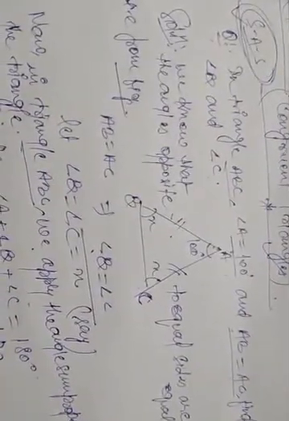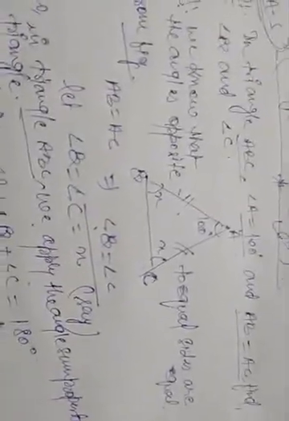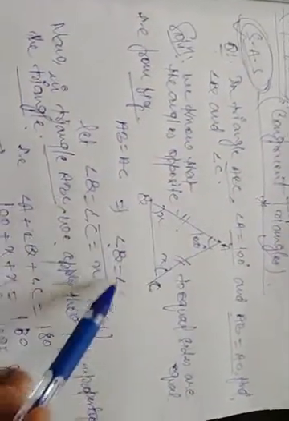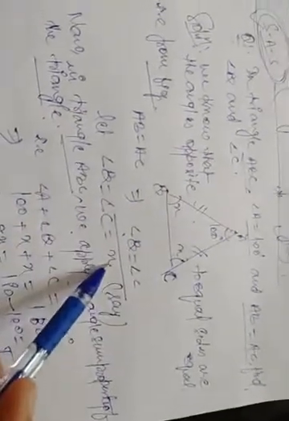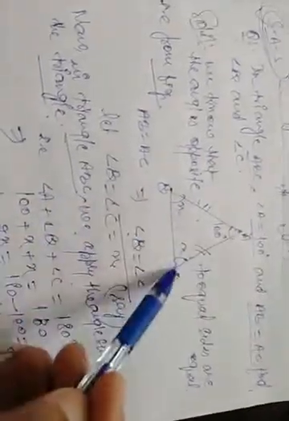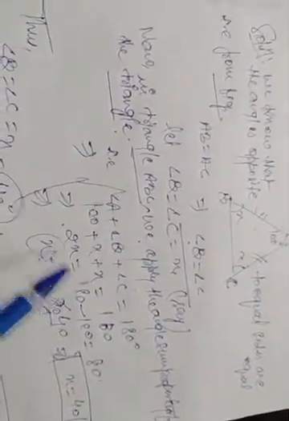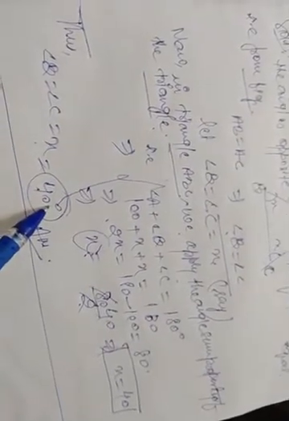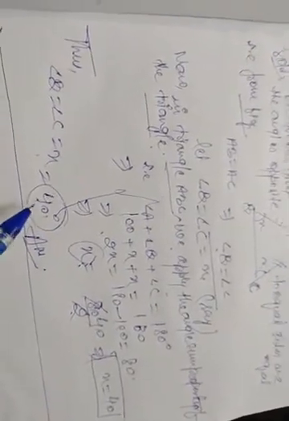In the given figure, triangle ABC is given in which side AB is equal to side AC, and we find angle B and angle C. We know that angles opposite to equal sides are also equal, so angle B is equal to angle C. Let us consider both are equal to x. Now in triangle ABC we use the angle sum property of the triangle. In this way we find the value of x. So angle B and angle C both are equal to 40 degrees.